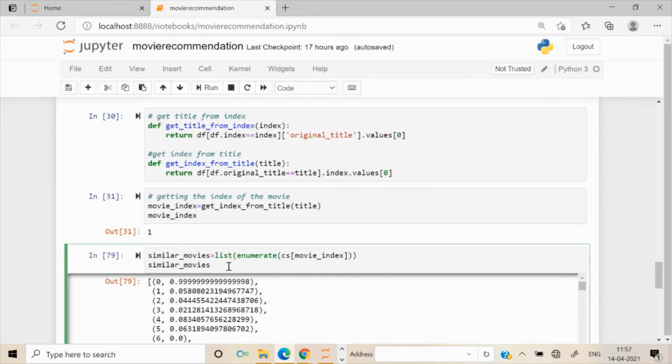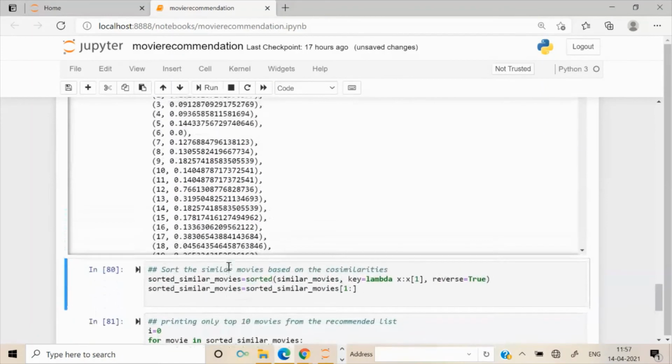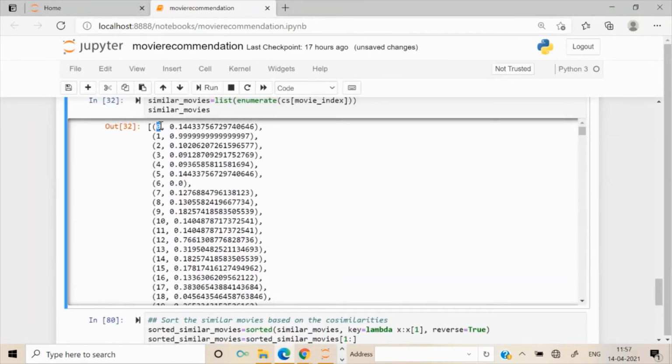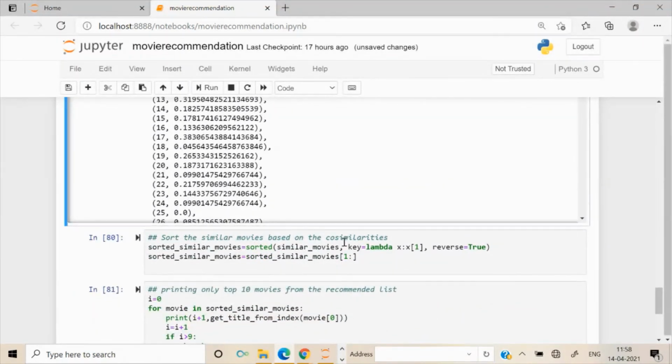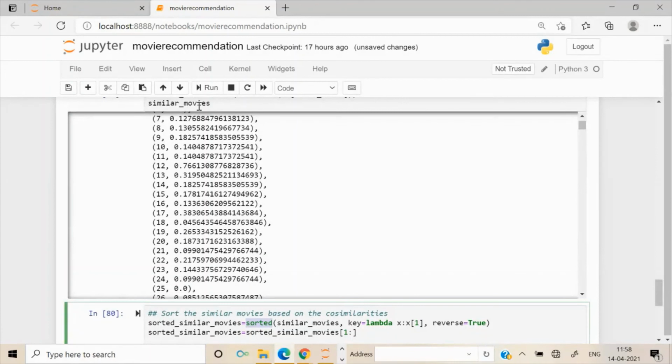Okay, so we get all my similar movies. You can see here that this is my index and this is my similarity score. This is my index, this is my similarity score, as I have shown you. Now my next target is to sort the similar movies based on our cosine similarities. For this, there is a method sorted in Python. So I'm going to sort this similar movies, passing similar movies here. And what should be the key? The key should be the